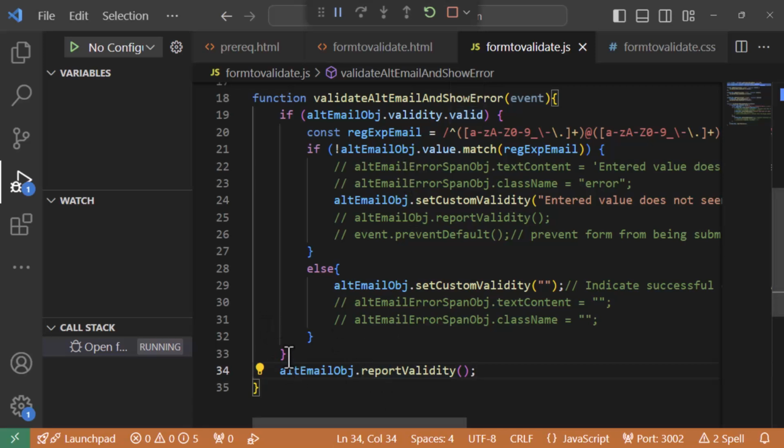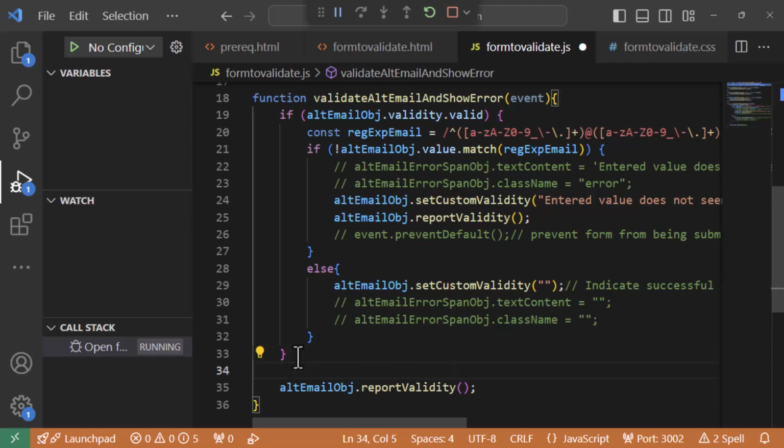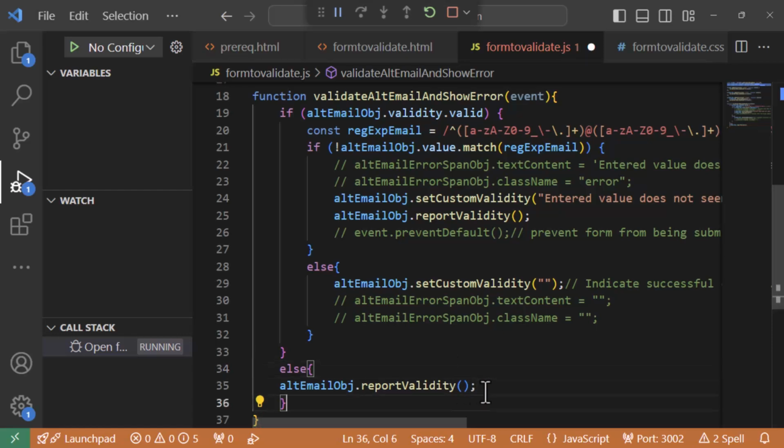Otherwise we could also apply it on the else clause. In fact, that would probably be better. If it's valid, then report valid if something changed here. Otherwise, if it was invalid to begin with, we show the default error